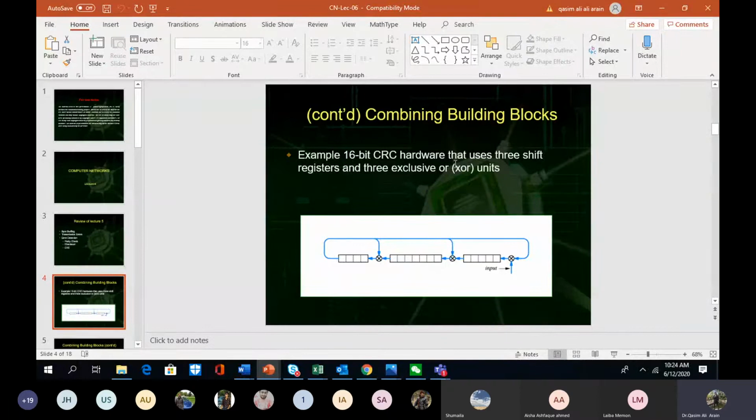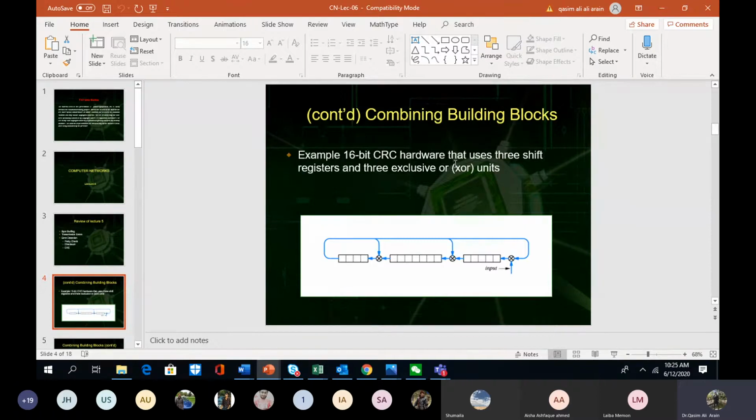I have told you what the exclusive OR is going to perform. It is just going to take 2 bits. If the bits are different, it would provide a high value, and if the bits are the same, it is going to provide the zero value, I mean the low value, right? And the shift register is going to left shift the information. Let's suppose you add some value to the register and make it a right shift or a left shift, the highest order bit would be going out of the register, and from the back another value is going to be added in place of that ejected value.